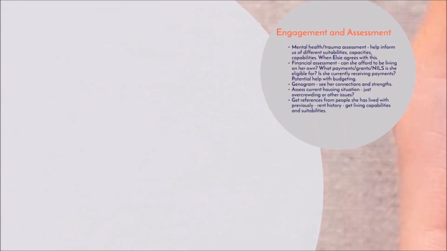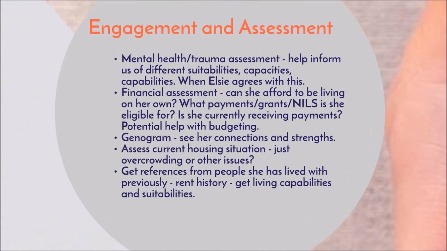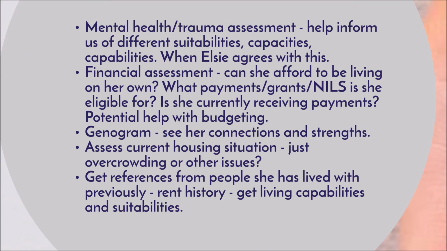This assessment includes the use of a genogram, or family mapping, to identify the most important people presently in her life, giving her the chance to express her relationship and connections with each individual and speak freely without judgment. The timeline outlining significant times in her life, whether positive or negative experiences, informs the social worker regarding her life experiences. It also assesses whether the trauma of leaving her parents' house is affecting her currently, and if it is necessary, to refer her to a mental health service for an assessment.